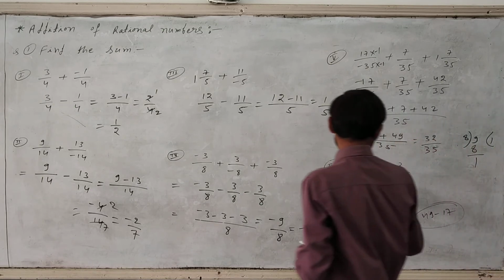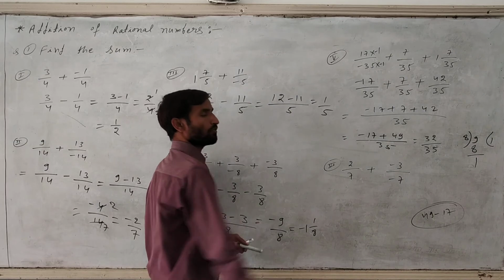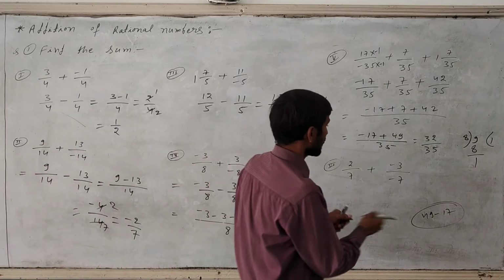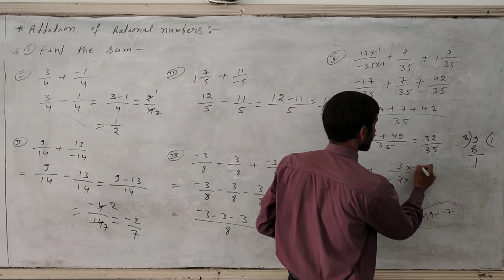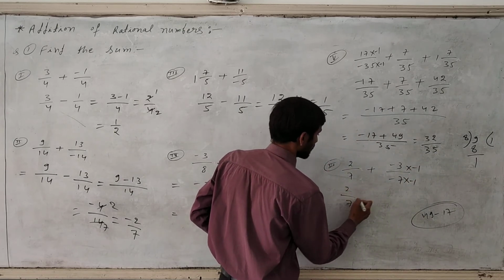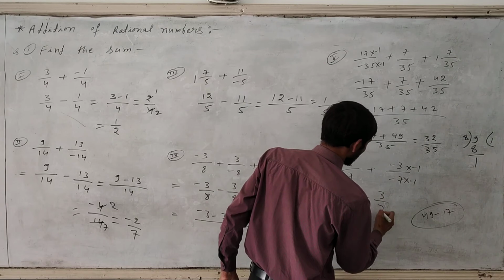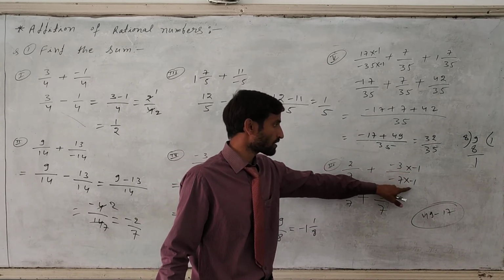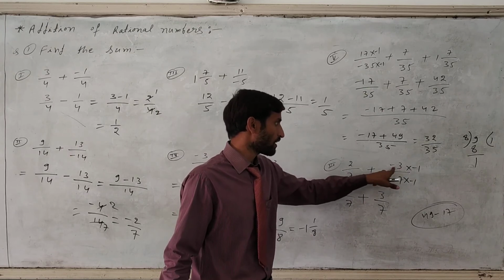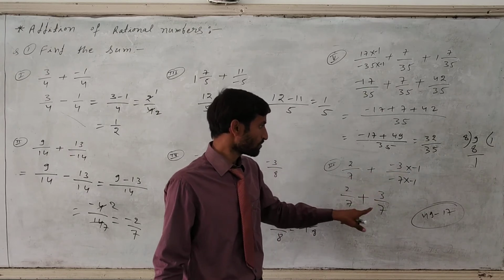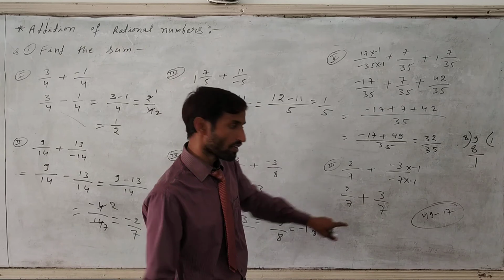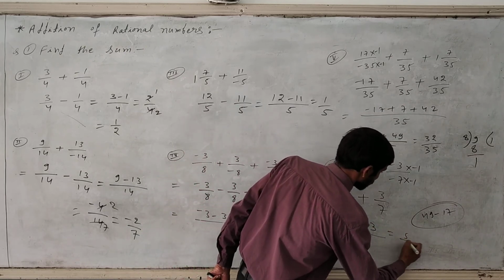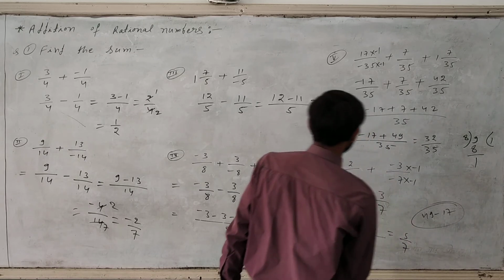Next one, the second, here both numerator and denominator have negative. So here you can multiply by minus 1 here also and minus 1 here also. So 2 upon 7 will come and 3 upon 7. Because both have negative, I have multiplied by minus 1 in the numerator and denominator. Then minus minus will get plus here also and here also. So now the denominator is 7. So 7 will come and 2 plus 3 will come. So 2 plus 3, 5 upon 7. So this is the final answer of the last one.